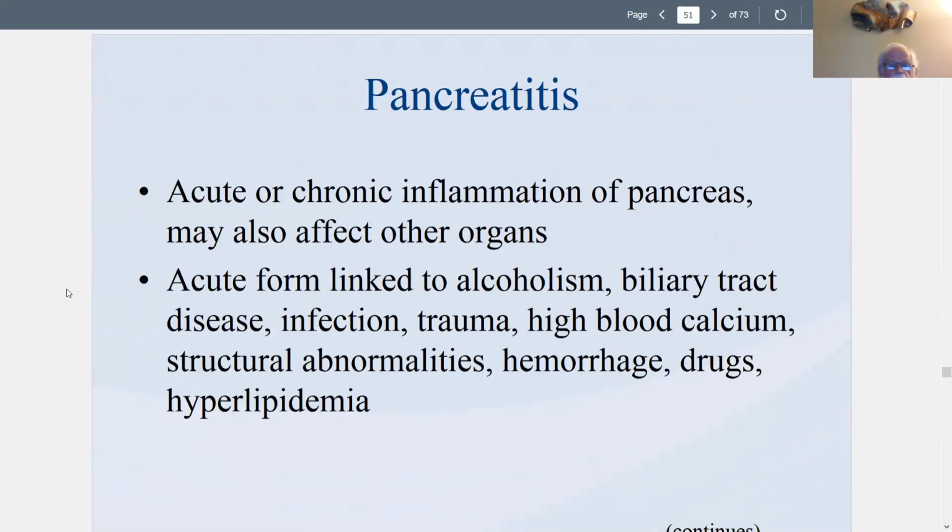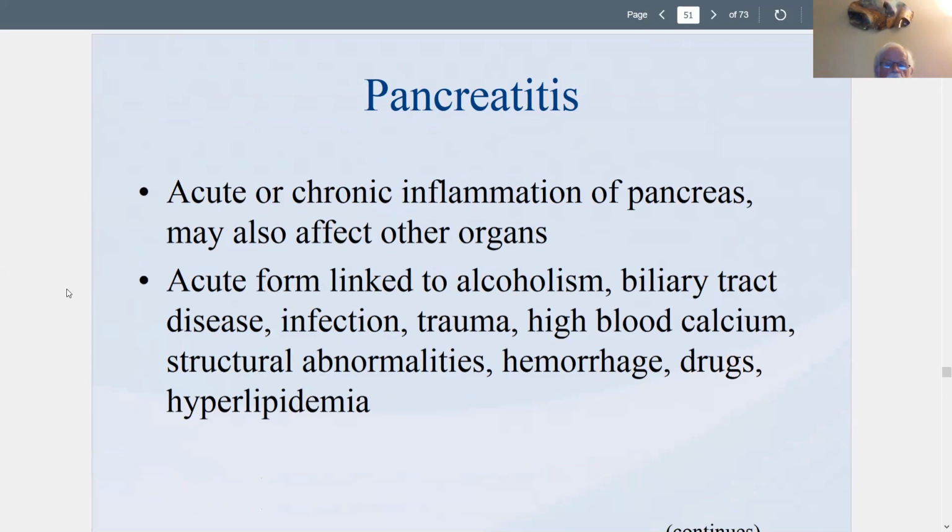Pancreatitis is an inflammation of the pancreas, and it can be acute or chronic. The pancreas is so involved in so many parts of the body through insulin and glucagon that inflammation of the pancreas can affect other organs. That's what pancreatitis is. There's an acute form that can be linked to a number of different potential causes, including